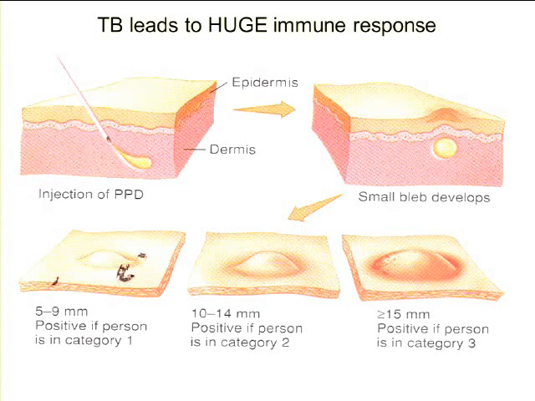If you have had a bump form, and it depends on what category the person is in, and I'll tell you about the differences in categories in a second, but different sizes of bumps can be positive depending on what category you fall in. Okay? So a small bump may be normal, but a large bump always signifies the presence of the antibodies. Does it mean that that person has an active TB infection? No. It means that this person has, at some point in their lives, made antibodies against TB.